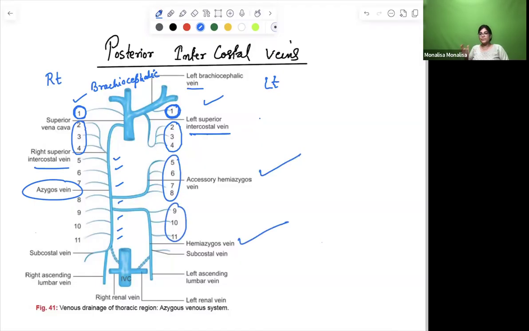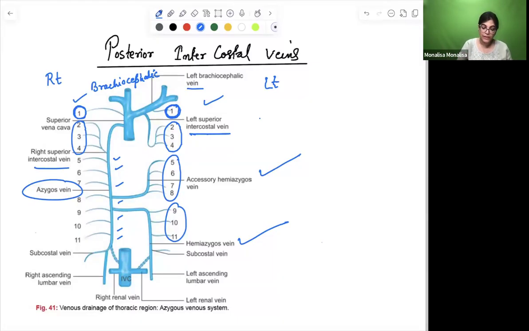So, why is there a difference in the drainage of posterior intercostal vein on the right side and left side? What is the reason? The reason is that the mirror image of the azygous vein is on the left side. The upper part we call the accessory hemiazygous vein and the mirror image of the lower part we call the hemiazygous vein. So here what you can appreciate, the first posterior intercostal vein of the right side and the